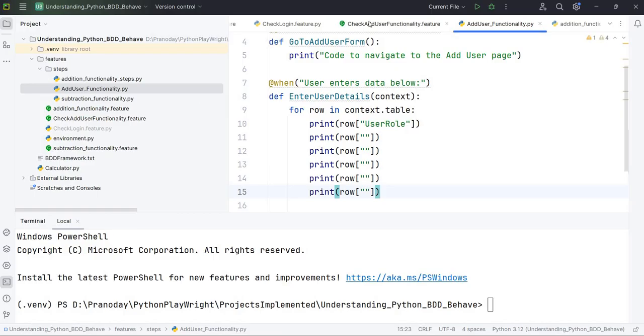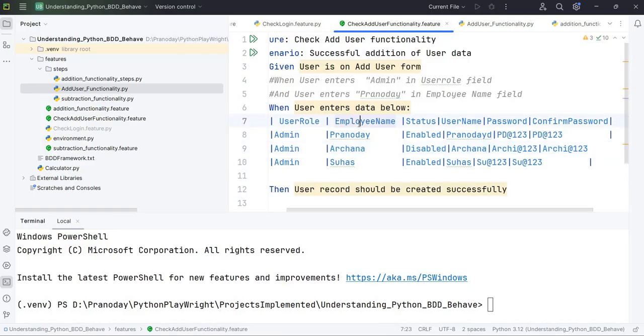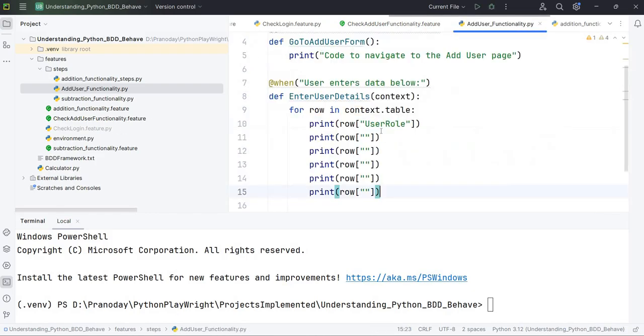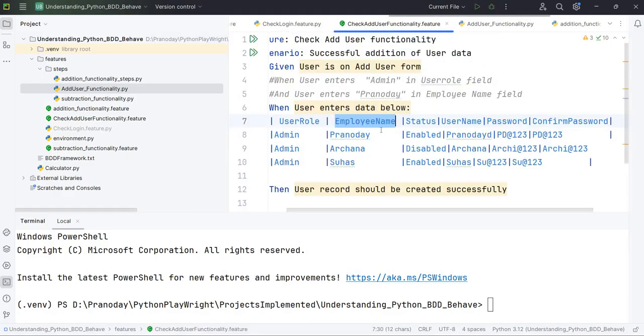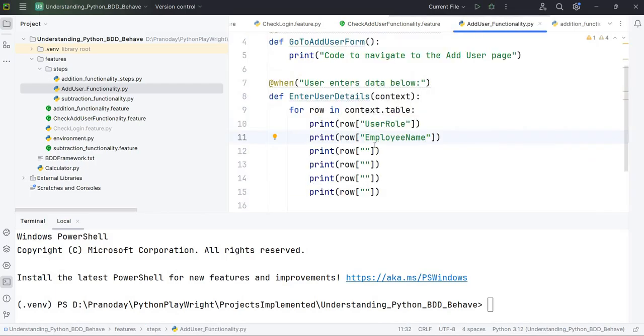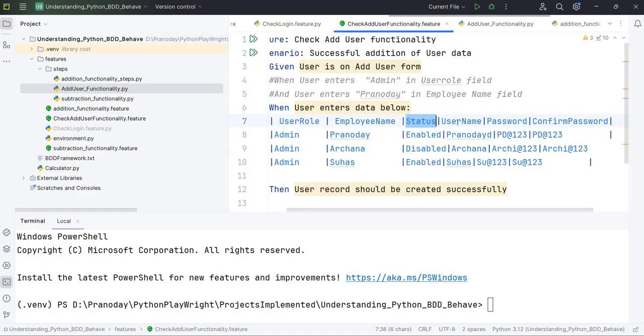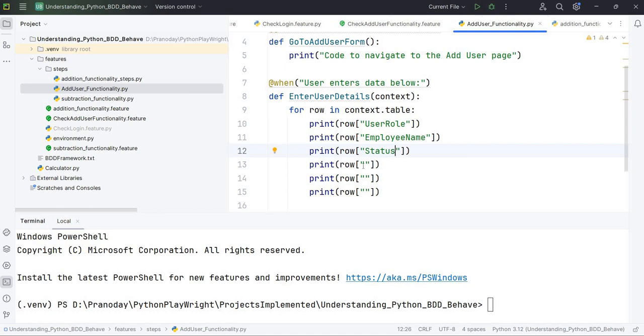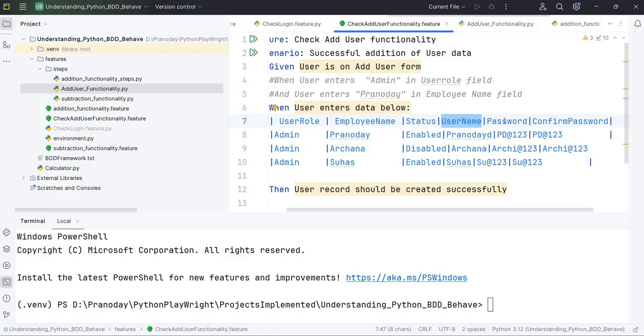Okay, so this is the employee name. So I'll say employee name. Here I will put, right, then status, username, password,